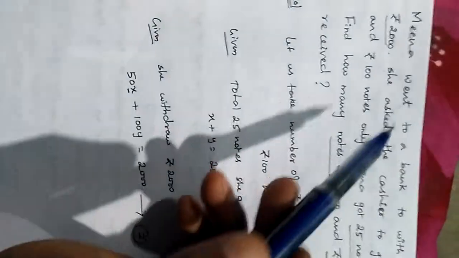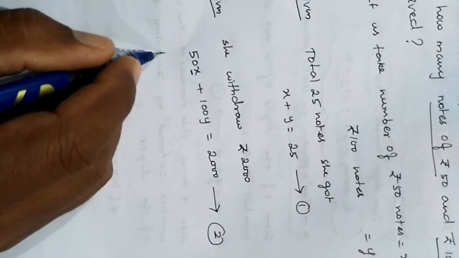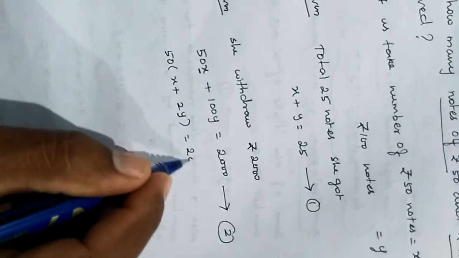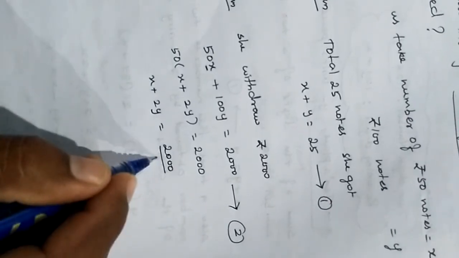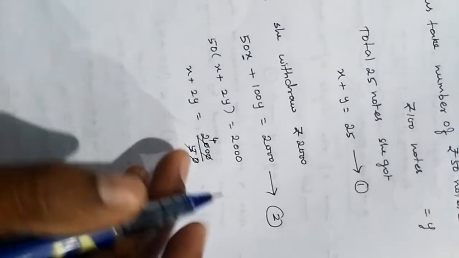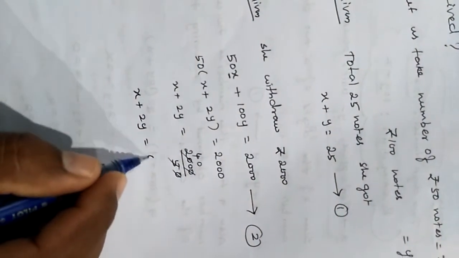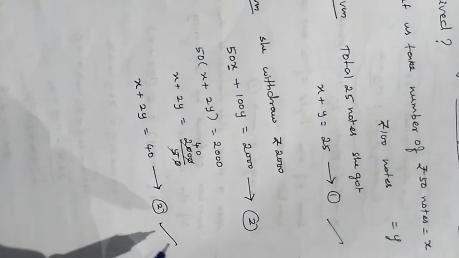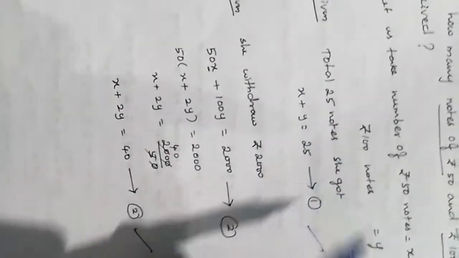She received this total amount. Now if you want to simplify this equation further, you can. Take this 50 outside, 50 times only 100, equal to 2000. Then x plus 2y equal to 2000 by 50. Cancel the zeros and 5 fours are 20, so 40 you'll get. And the remaining x plus 2y equal to 40 is the equation number 2. So now solve equations 1 and 2, you get the x and y values. So x is only the number of 50 rupees notes and y is only the number of 100 rupees notes.